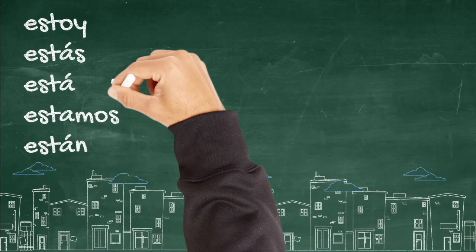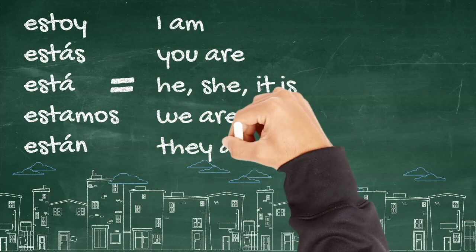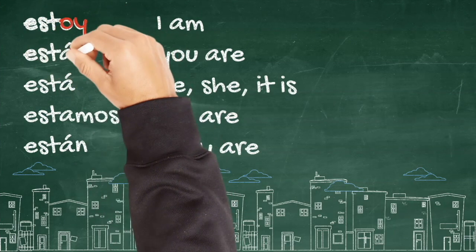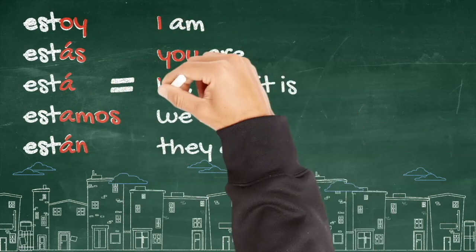Just to give an overview of how this breaks down, you have the Spanish here, right? Estoy, estás, está, estamos, están. And you have over here the English, which is exactly the same with the I am, you are, he, she, or it is, we are, and they are. And I'm going to put in here in red so that you see exactly which parts correspond to which.